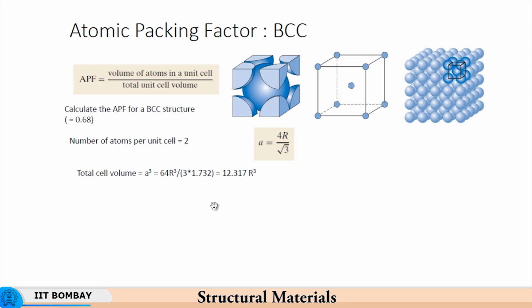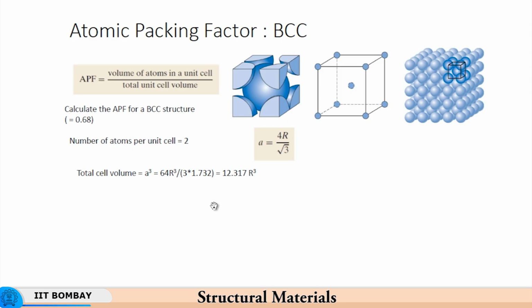So, a square plus 2a square, 3a square, equal to 16 r square, because this is r plus 2r plus r. So, this is 4r. So, 3a square equal to 16r square,